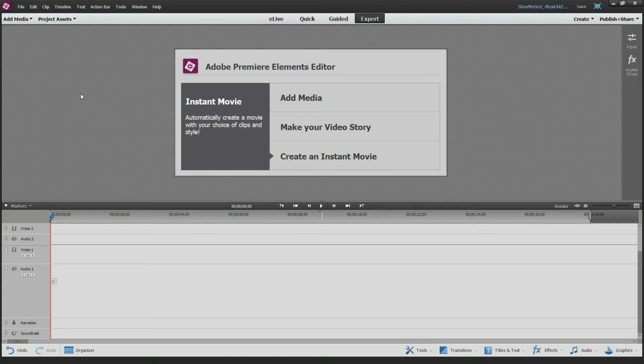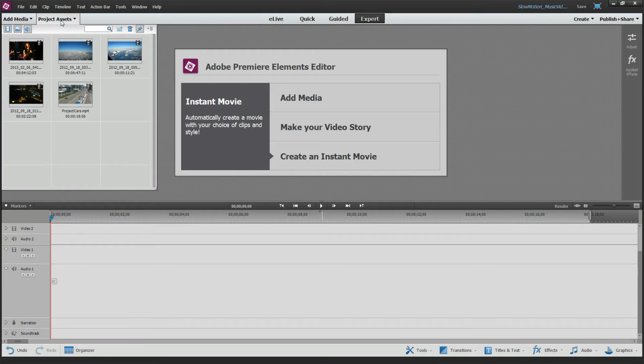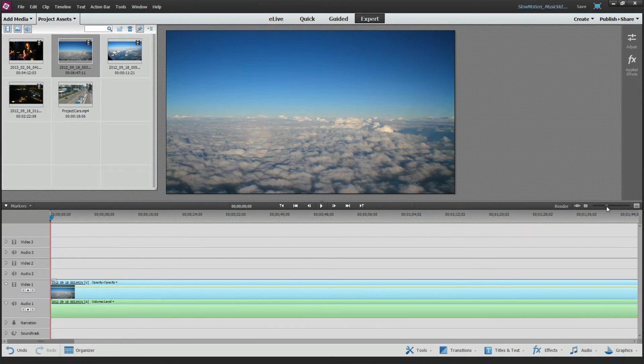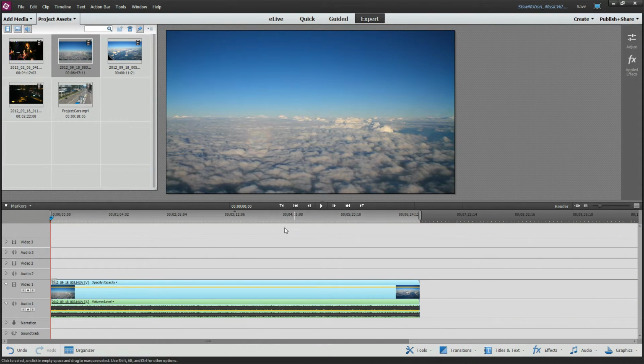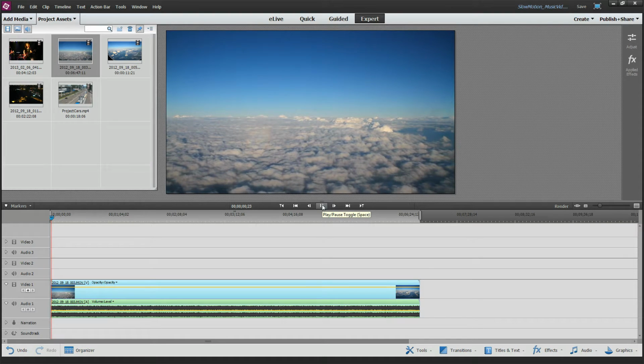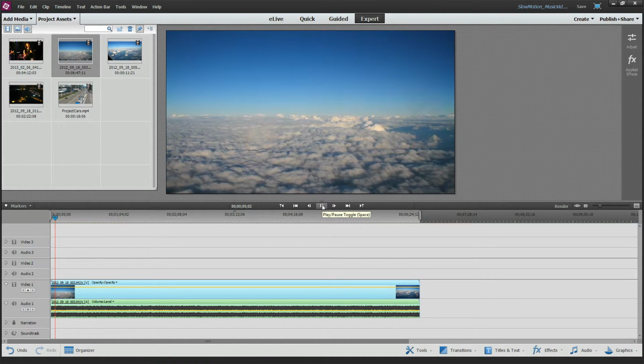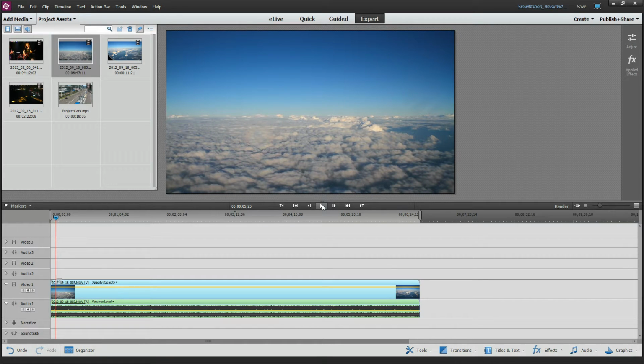Let's see 3 examples of speeding up or slowing down videos. This first example, I'm going to use a way to speed up a video. This clip here is just me sitting on an airplane, and I got my camera out the window, and if you let me just play it, you can see these cute little clouds just humming by. Might look a little neater if this were sped up by 4, 8 times or even more.